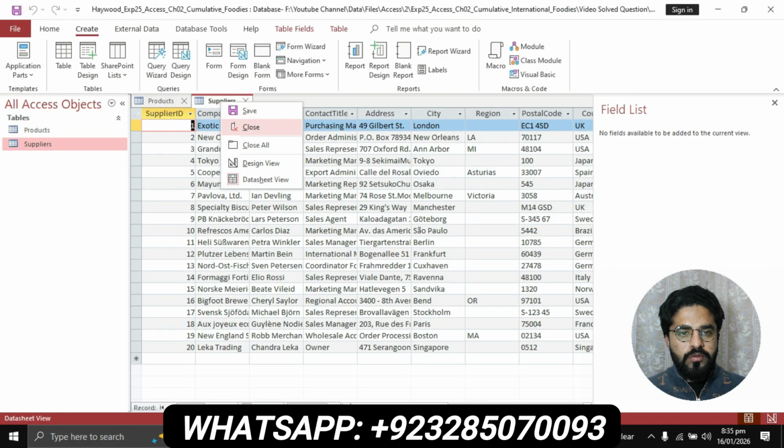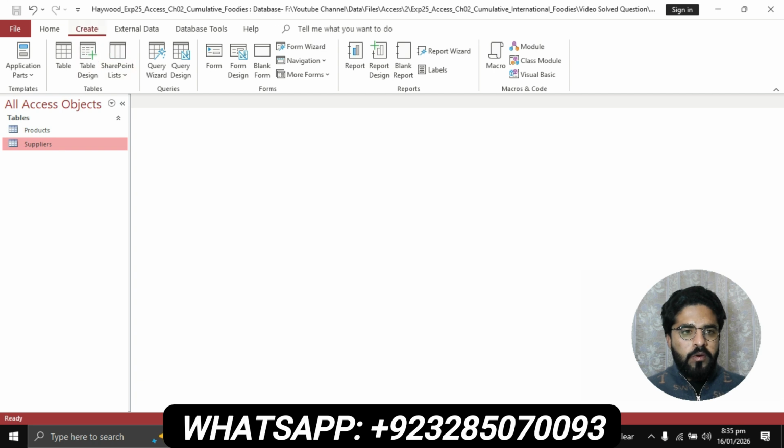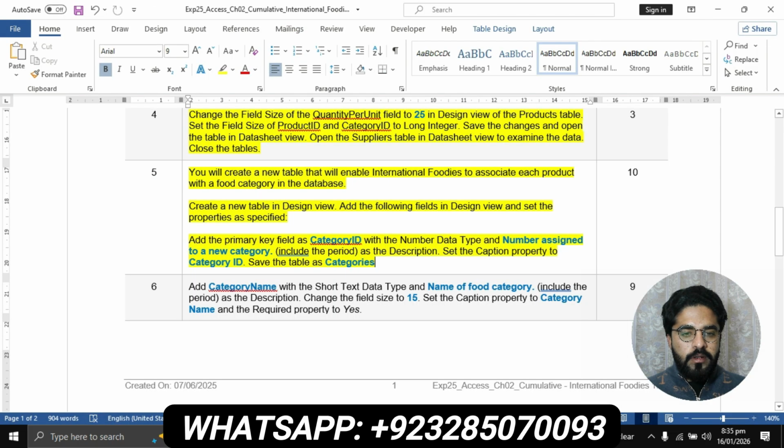First you will have to close these tables. Go to the create tab and click on, then go to the tables group, click on table design. In the field name you will have to set this field name